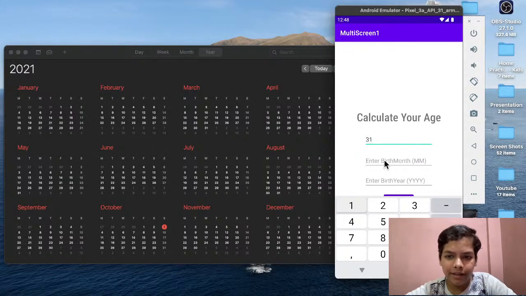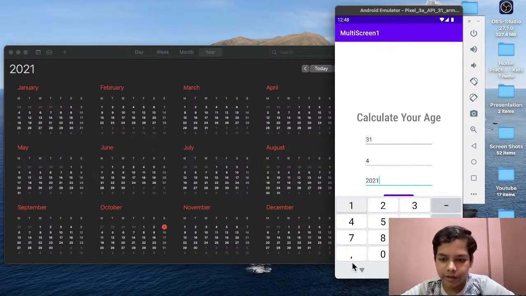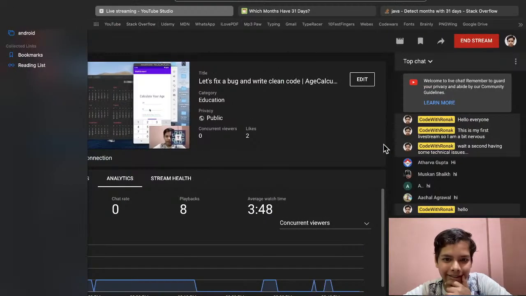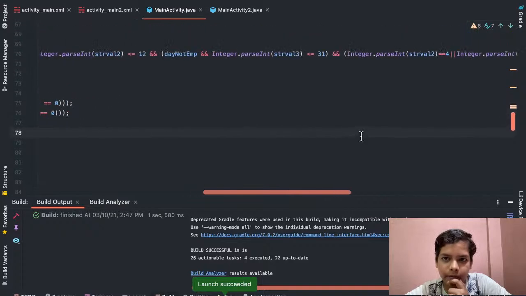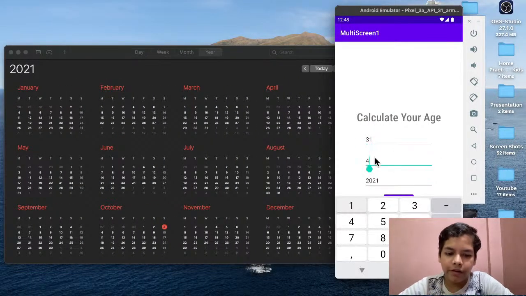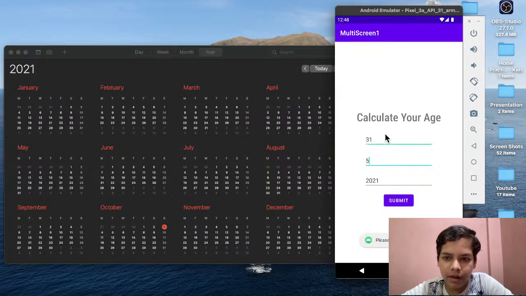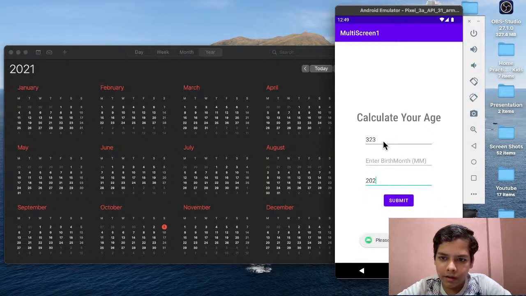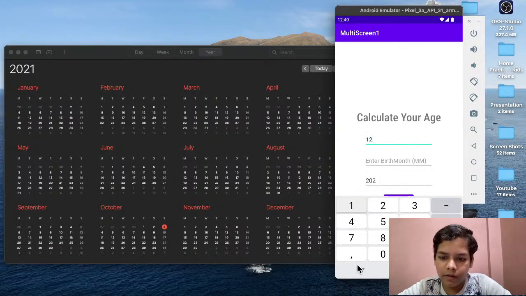So let's put 31 April 2021. Yeah, so it's working, I guess. Yeah, it's working. But if I do this, then also it's working. And if I do like, yeah, working. Don't put this, then also working. Put this, then also working. If I put this, then also working. And if I put 4 October 2021,